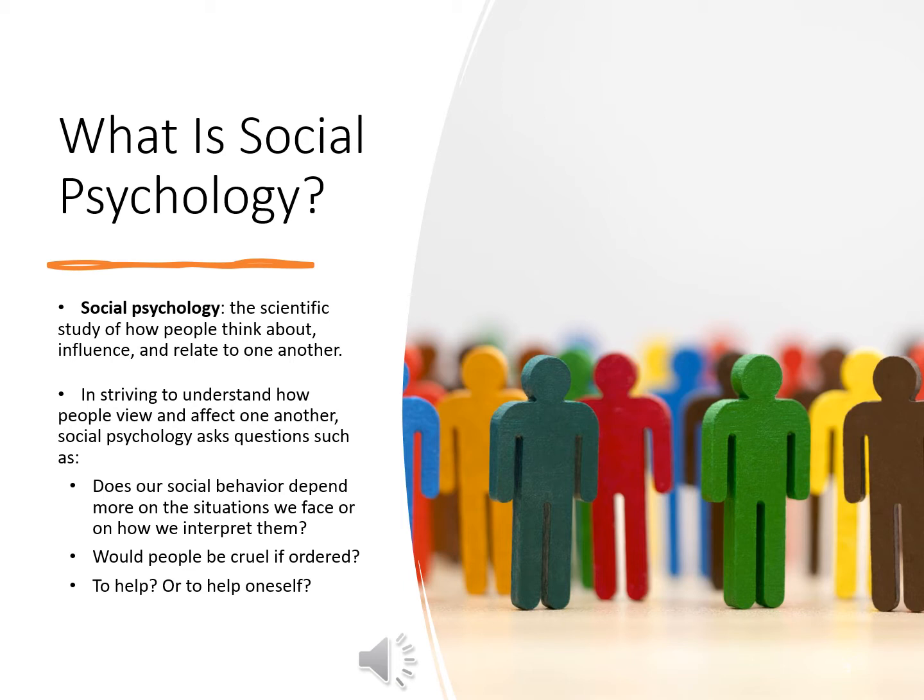For example, have you ever noticed that you act and think differently among people you know than you do among strangers? Have you ever wondered why that is? Social psychologists spend their careers trying to determine the answers to questions like these and what that might mean. So we'll look at a bunch of experiments that were done early on, since the turn of the 20th century, and experiments back to the 1800s, all throughout the course as we go.